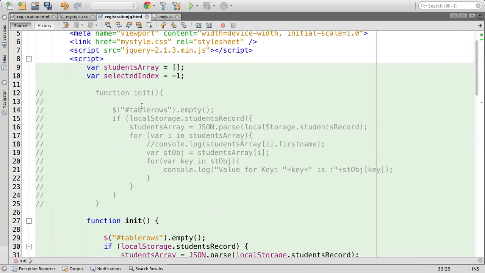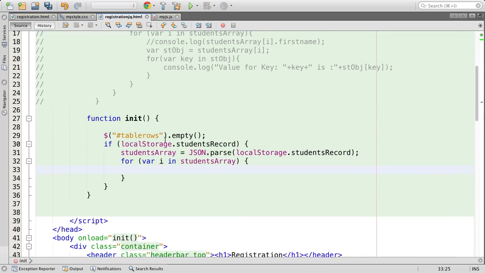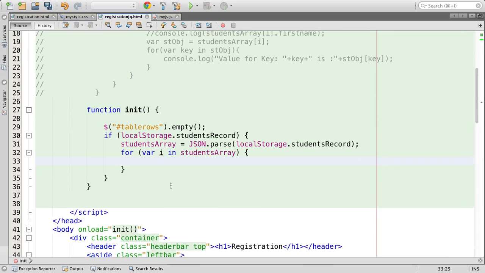Okay. So I just kept it for your reference, just commented the block. Now I need to create a UI. There is no insert row, remove row kind of thing in jQuery. In fact, nobody uses insert row, remove row nowadays, because when you have access to a DOM where you can directly write HTML code, we don't prefer to use that. But instead,